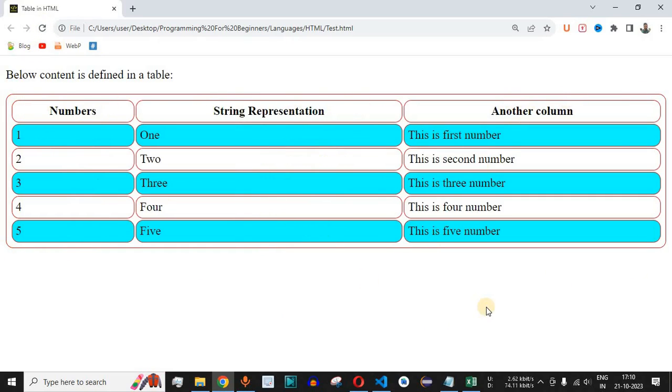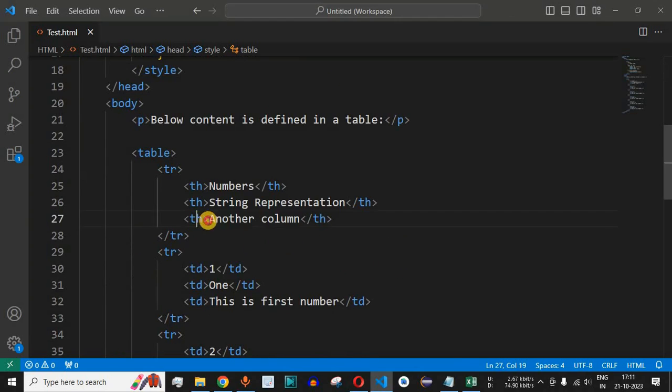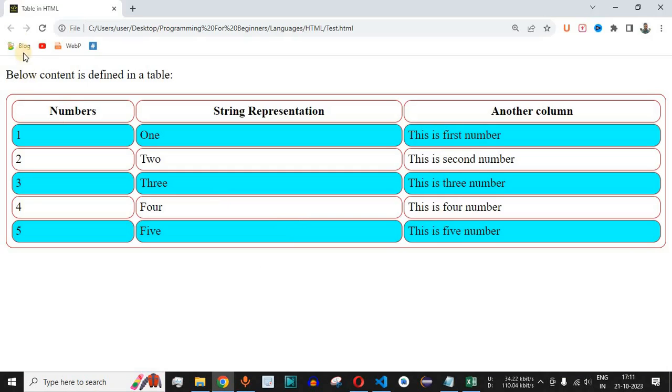So over here we are having the 100% width of the table. Now guys, what we will do is we will come over here, and it is the third header, that is another column. So we will change the content to description over here to be more precise. So let me just save this file now. So over here the description is the header for which we want the width to be 50%. So currently it is not 50% because it is not starting at the middle over here.